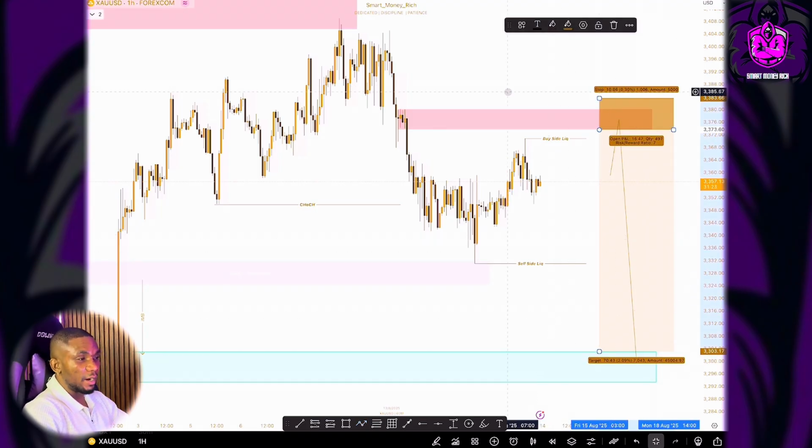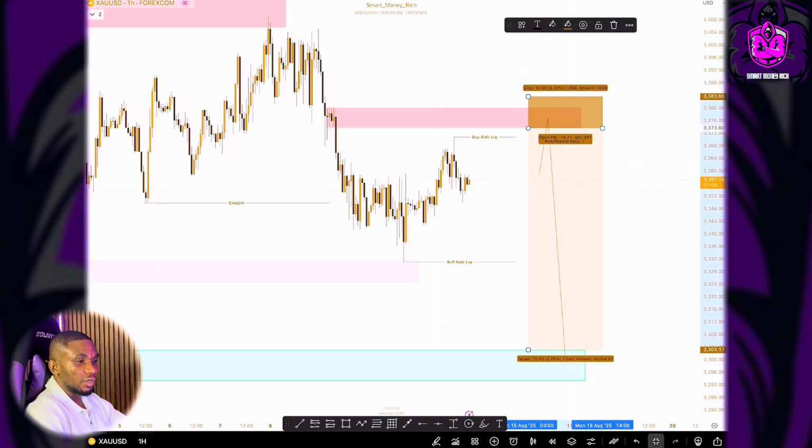So now we are going to be calculating the pips. The first thing first is this. If you want to calculate the pips, you see this is my entry right here in white. This is my stop loss in gold, and this is my take profit down here also in gold. So now let's use the calculator first before you use the short position tool. So what you want to do here is, our entry is